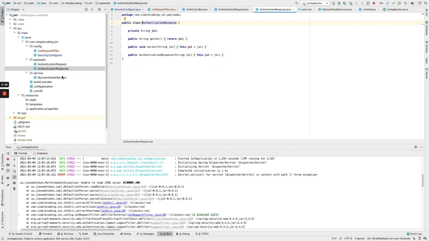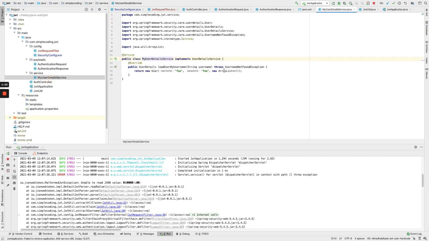Now let's see this service. So in this service, my user detail service implements the UserDetailsService, which is part of the Spring Security core.